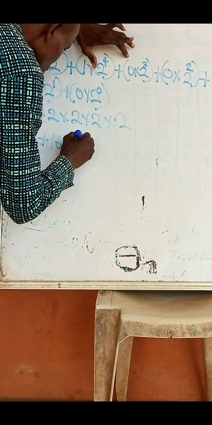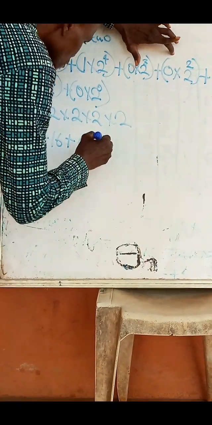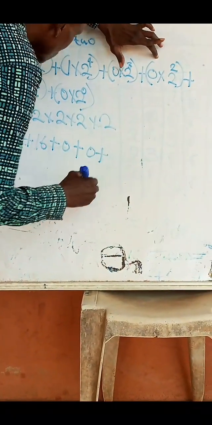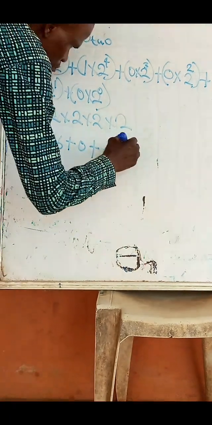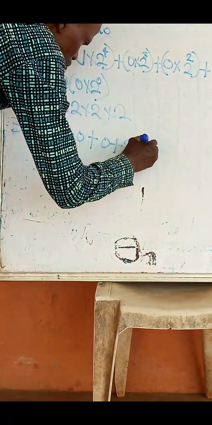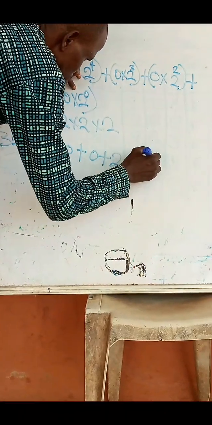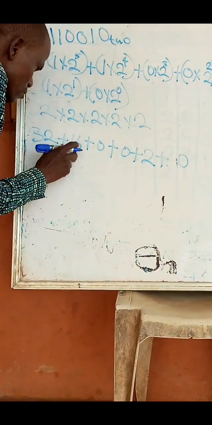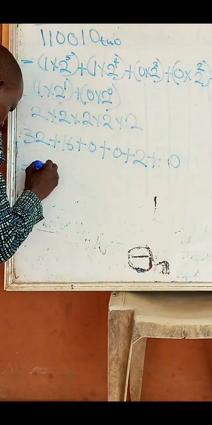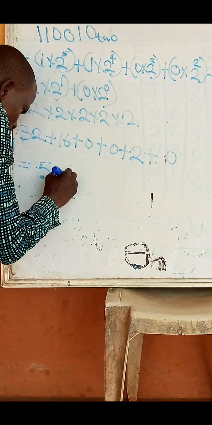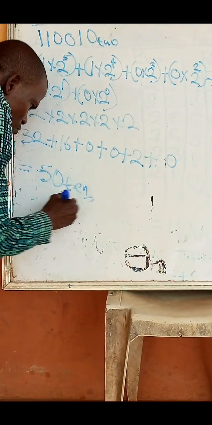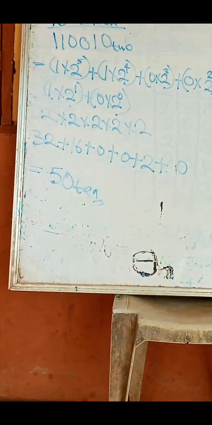We now add everything together. Don't forget 2 times 2 times 2 times 2 times 2 is 32. We are going to write 32 plus 16. Plus any number multiplied by 0 is 0. That one is 0. Any number multiplied by 0 is 0. And eventually we get to the last that gives us 2 because